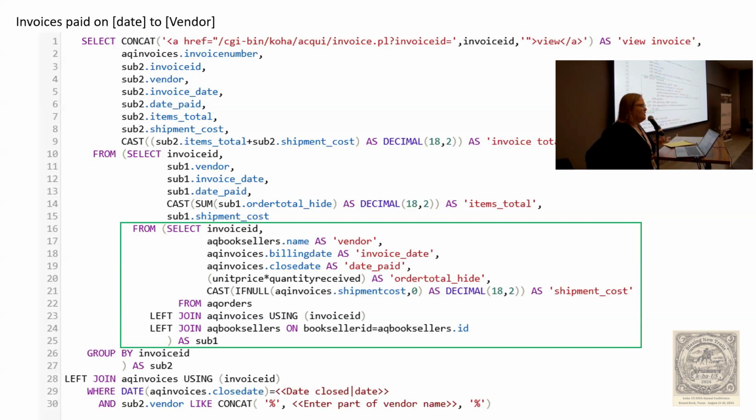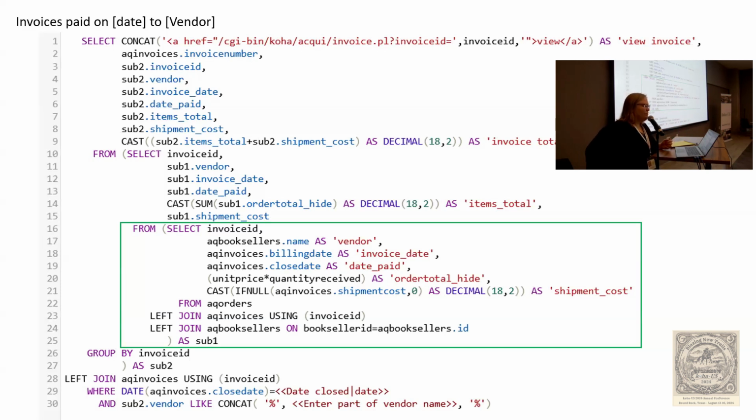So anytime you want to know the total of an invoice, you have to bring in how much Koha then assigned to shipment. And this kind of makes sense as a person who actually inputs invoices. You think, okay, there was an extra little field that said shipment costs, so I'm not totally surprised that it lives in a different place. But if you were writing this yourself from scratch, which you would never do, but if you were looking at something super simple, you'd think, oh, why doesn't it match? That must be my fault. That's because